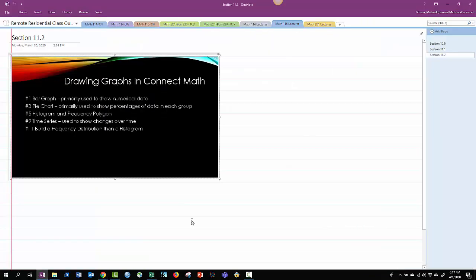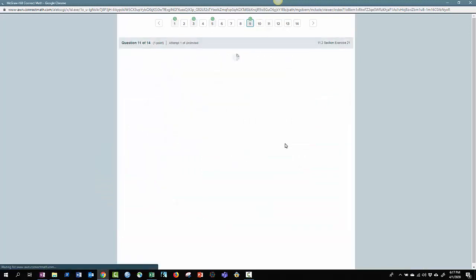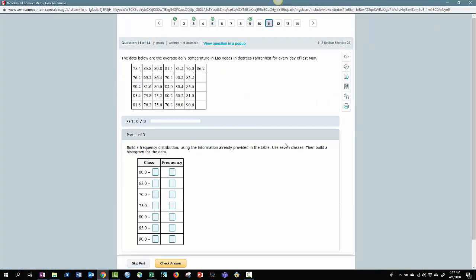And then the last one is an example, number 11. Build a frequency histogram. This is the one that takes a little bit longer, not a ton. First, we can talk about the classes. You'll notice that all the data is to the nearest 10th, right? And we have the lower class frequencies. They've nicely listed them all for us. So the upper class frequency, since it's to the 10th, is going to be 1/10 lower than the next lower class frequency, right? So the next lower class is 60.5, so this is going to be